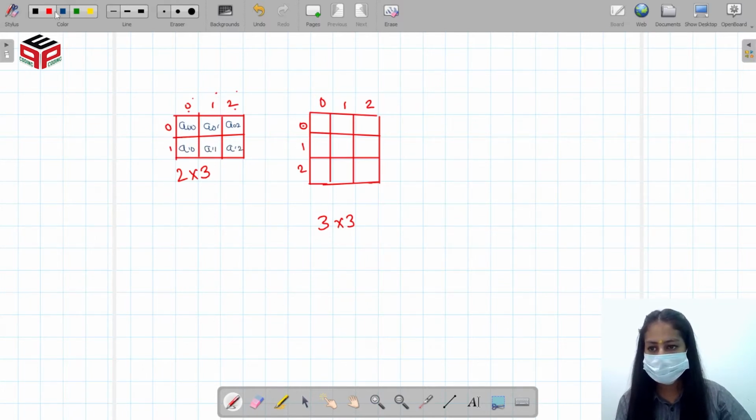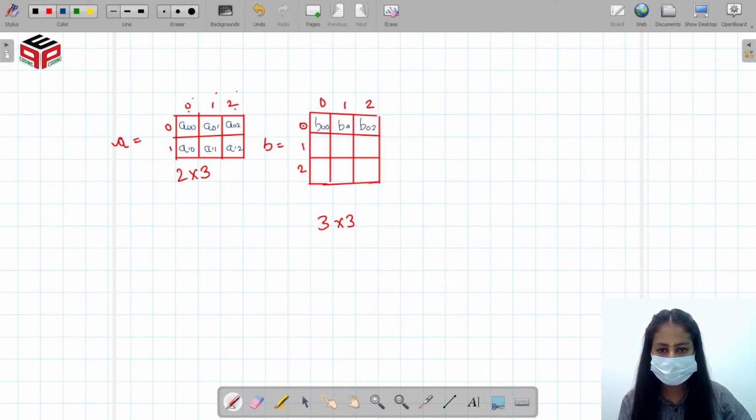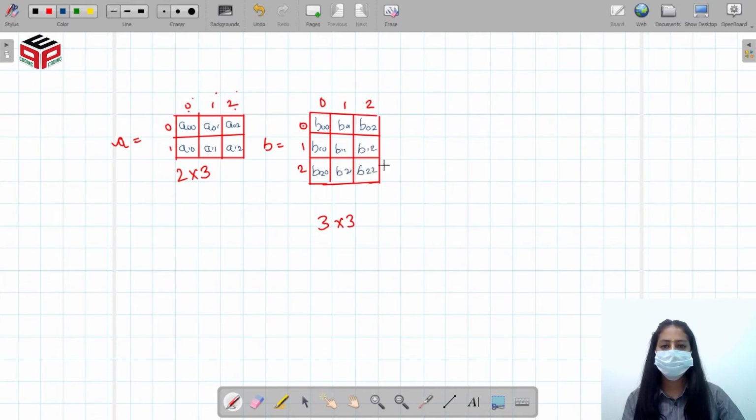Let's name this matrix A. Let's name this matrix B. So here B00, B01, B02, B10, B11, B12, B20, B21 and B22, right?